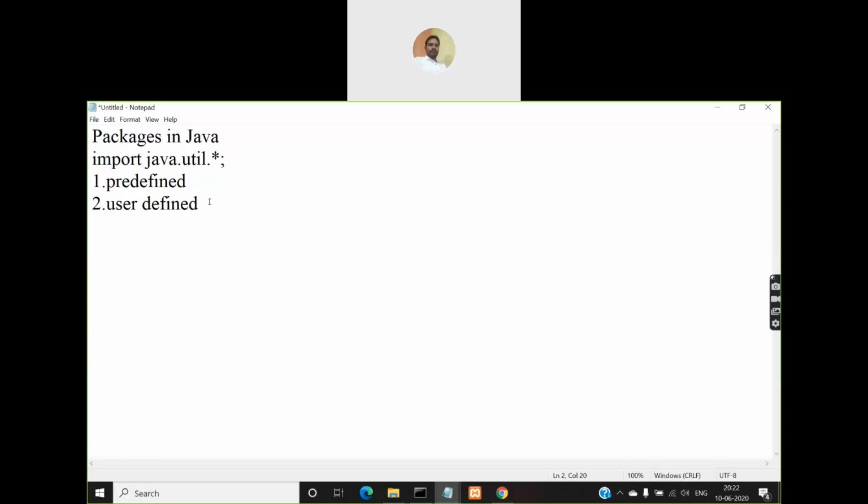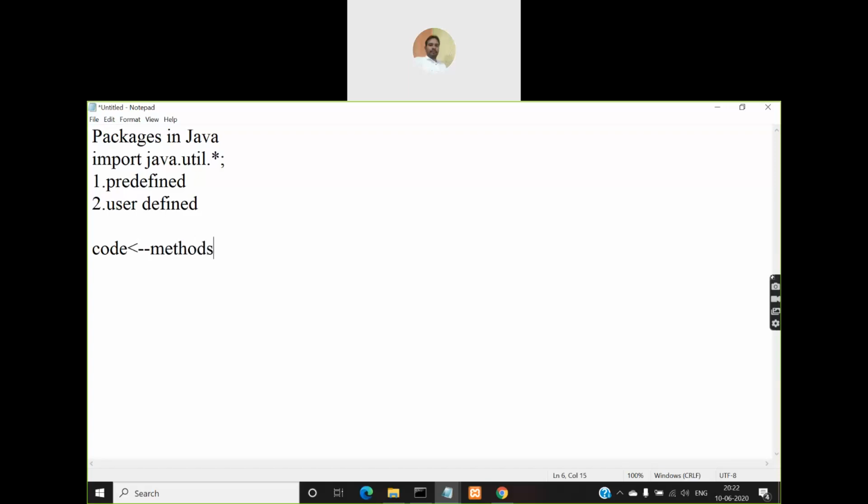But before going into that import statement, let me tell you about package first. What is a package and what is it going to do? During the introduction of this Java programming, I told you about a hierarchy. Code is present in methods.